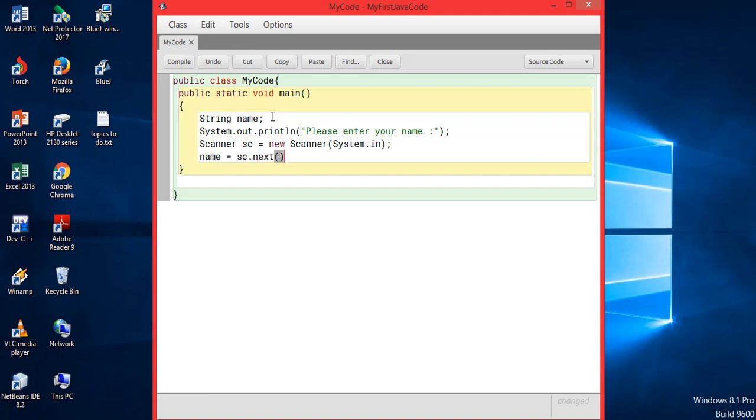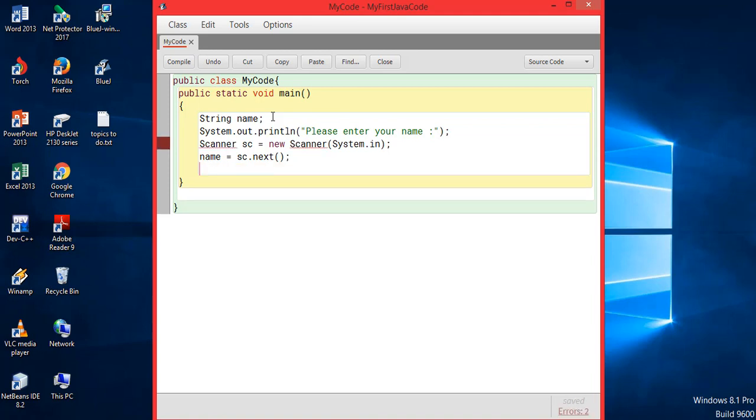So sc works like a tokenizer, so it will take one value at a time and keep putting it in various variables. If I had to take name as well as age, I would just use that same sc, and instead of saying next once, I would say another next, so it will give me another value. Like that it will keep taking values. So wherever I want to take a value, I'll have to include Scanner. Then I will print something.